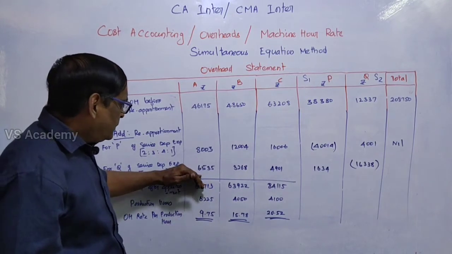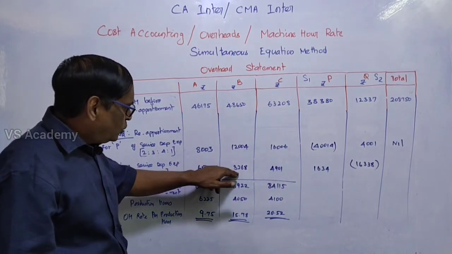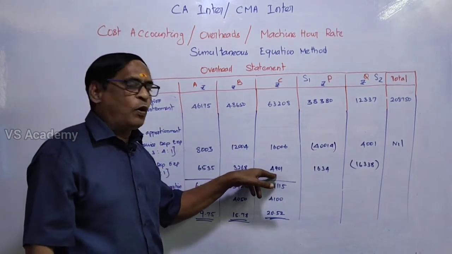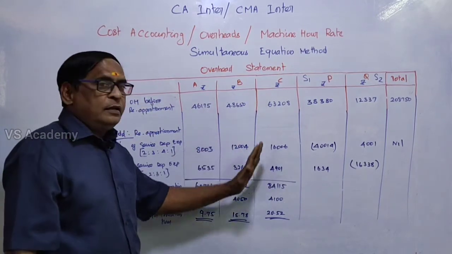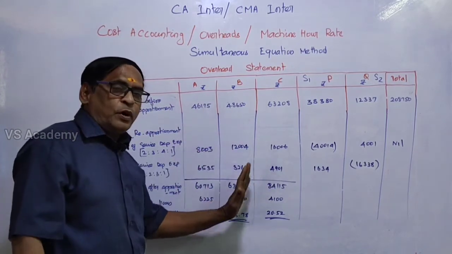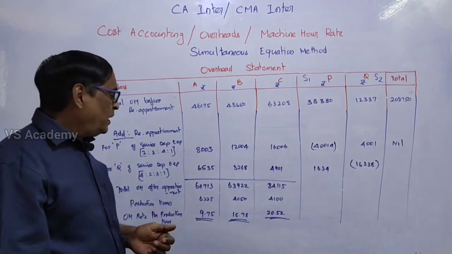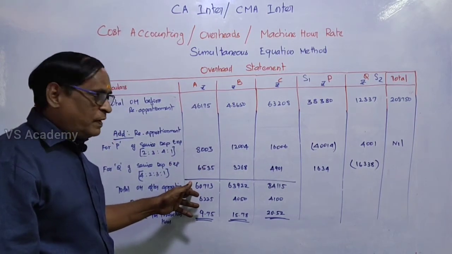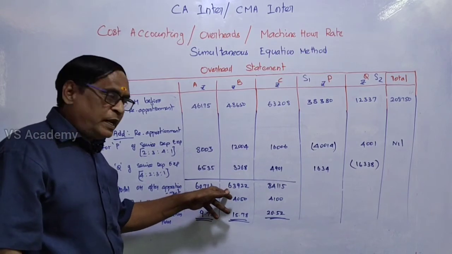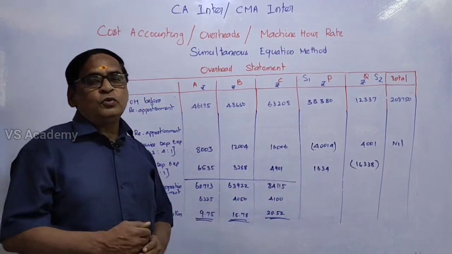The amount will be 6,535, 3,265, 4,901. If we add these, for the three production departments, the total overhead after apportionment will be 60,713 and 63,922 and